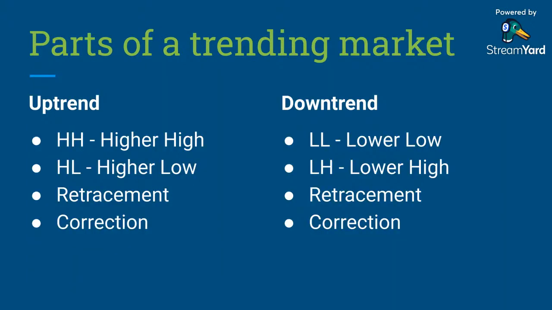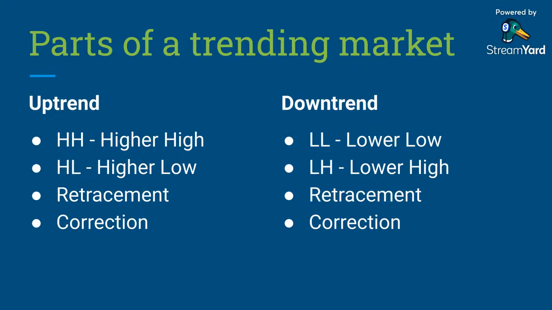Now, parts of a trending market. Okay, so I'm going to teach you guys the parts of a trending market. The idea of all of this is to help you make more meaning from the chart. Initially, we started from candlesticks, we then moved to support and primary structures, and then to support and resistance. Now I'm teaching you how to make more meaning from the chart. Don't worry, you're going to see real life illustrations. All of this is just theory. We'll definitely go into the practical section, right?